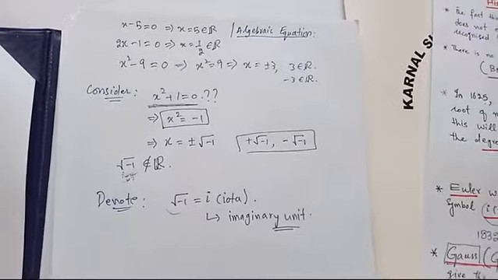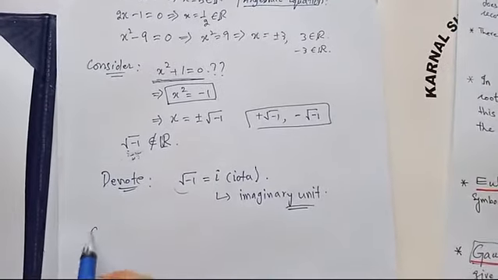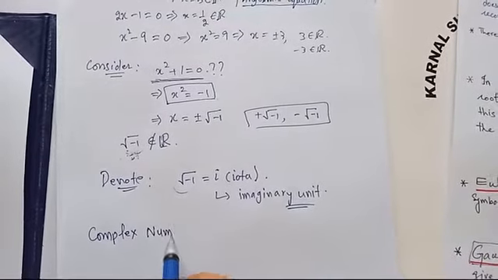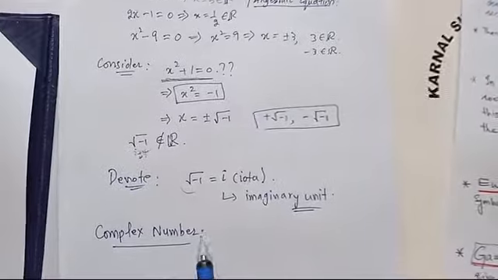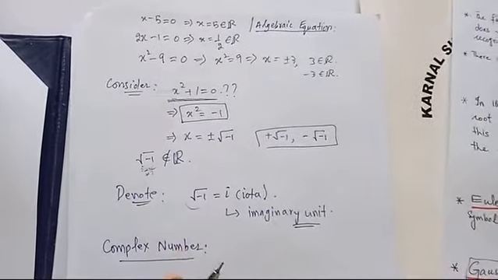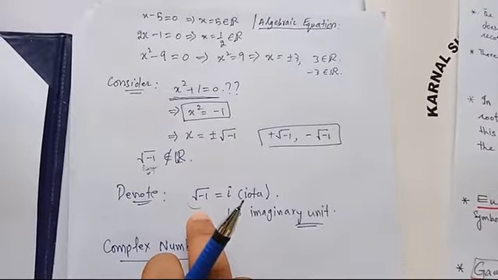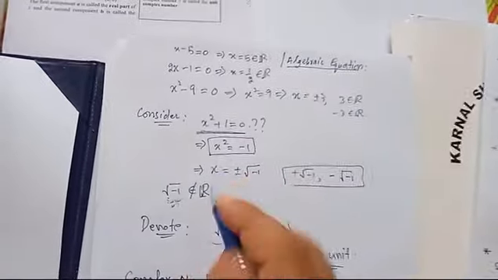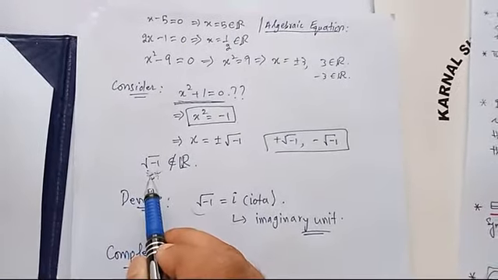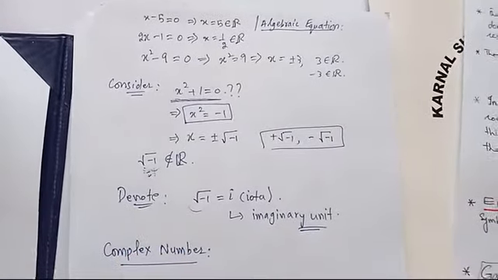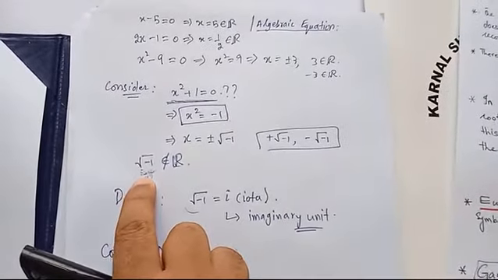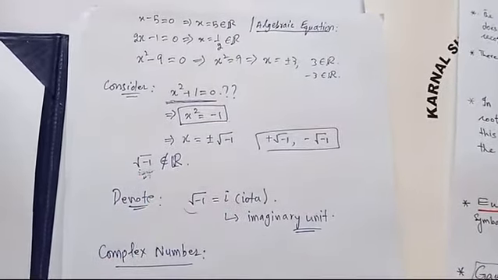Imaginary unit. Now, the definition of a complex number. I hope you will get the idea of why we need the study of the square root of -1, because when you solve such type of equation you will get a solution which contains the square root of -1. Up to now you all know that the largest set is the set of real numbers, but the square root of -1 does not belong to the set of real numbers.